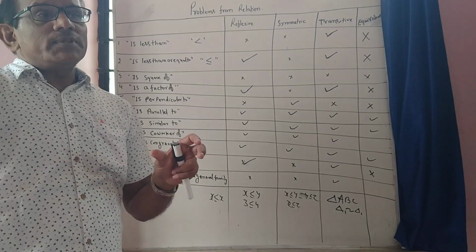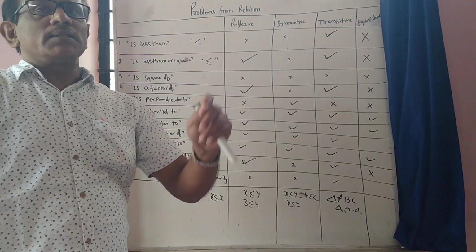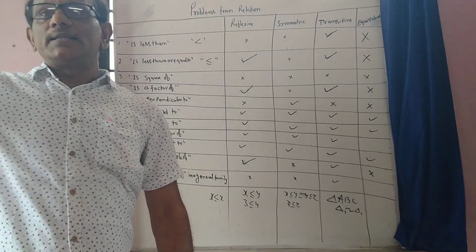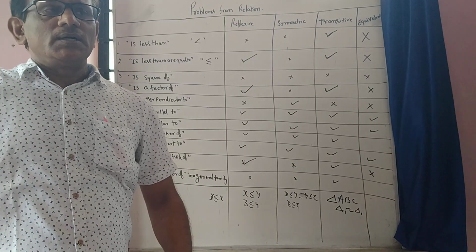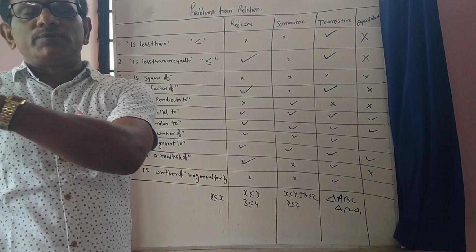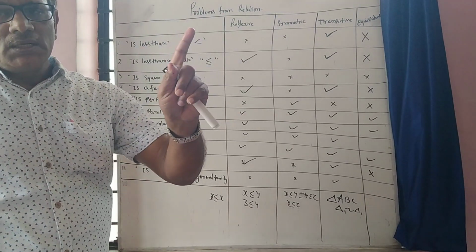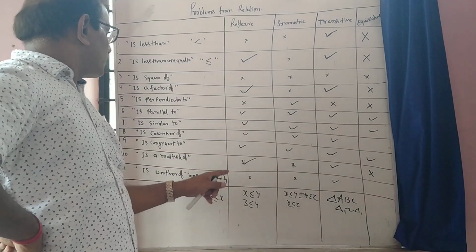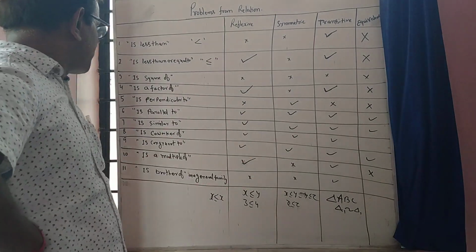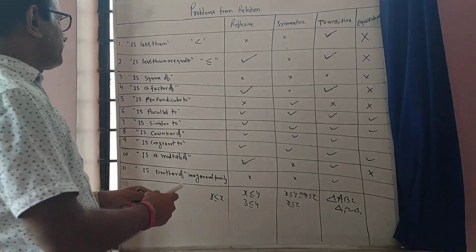But if a different condition is given, where X and Y work together and Y works with Z in another office as a part-timer, then X is a co-worker of Y and Y is a co-worker of Z, but X will not be a co-worker of Z. In that case, it will not be transitive. So in that case it cannot be an equivalence. Otherwise, in the same office it is an equivalence relation.